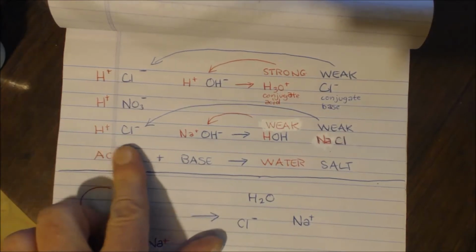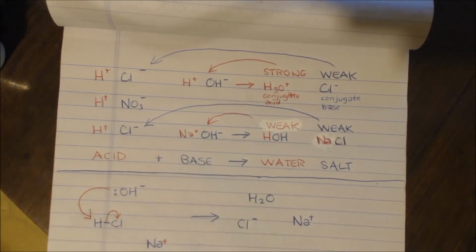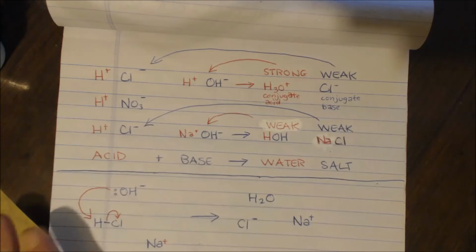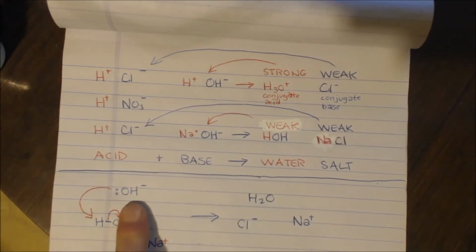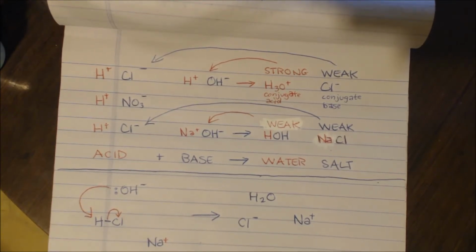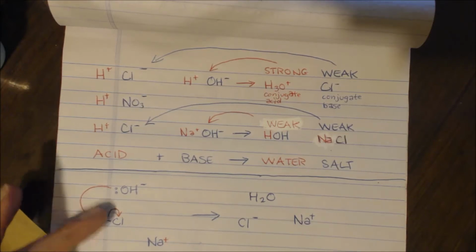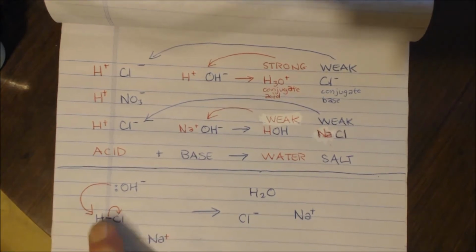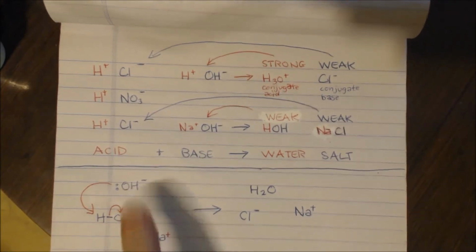Okay, let's look at the hydrochloric acid when you react it with sodium hydroxide. But keep in mind this is in water, and you'd actually have hydronium ions contributing to this protonation. But let's just take out the water and check it out. You got an HCl here, you got an OH, and you got a sodium here. You pour the HCl in. This is your base, right? So it needs to get a proton. This is your acid. It needs to give it a proton, right?